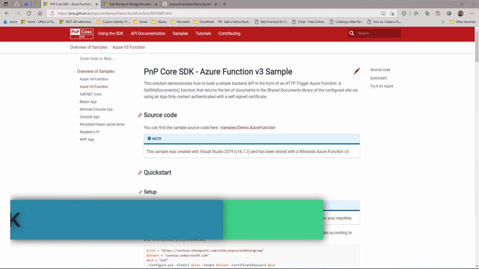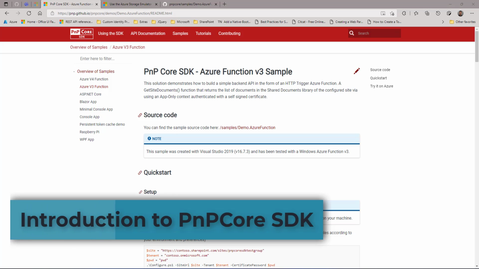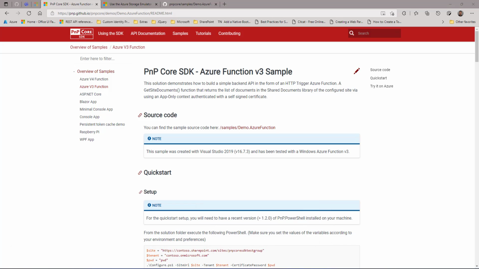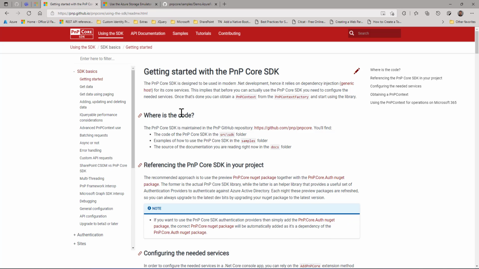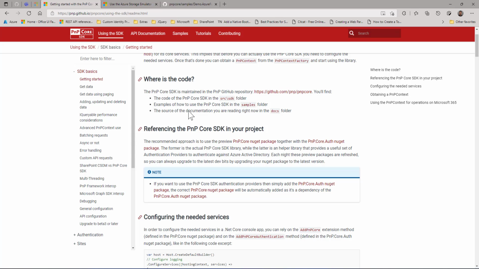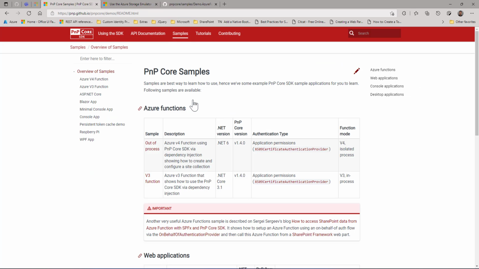Before going into the steps, I just want to show you the documentation and also a couple of links which are very useful. The first is PnP Core SDK documentation. I will include the documentation link in the video description. Here, if you see, they have a detailed description of what this SDK is and what all the features it has, what can be done, dos and don'ts, and the API documentation, and they have also given some samples.